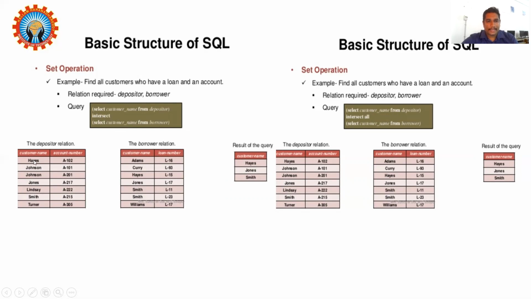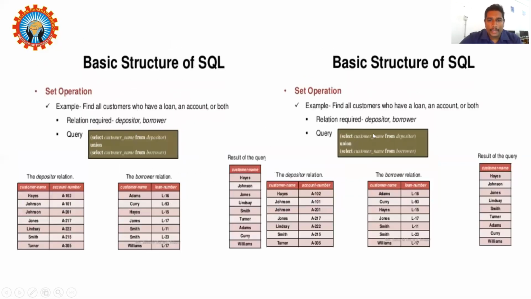If there is a Hayes here and also a Hayes there, automatically we get the data. If you have Johnson here and no Johnson there, there will be no retrieval of the data. I hope you understand this concept. If you use intersect all, the duplication of data is possible. If you have Hayes, you get Hayes data; Jones, Jones data; Johnson, there is no Johnson data; Smith, Smith data. Here, if we use union all, the output will have duplication of data.